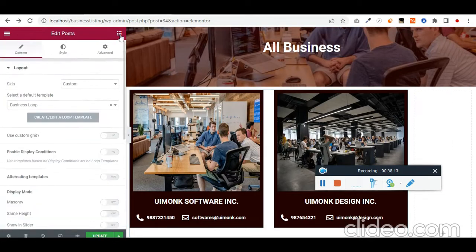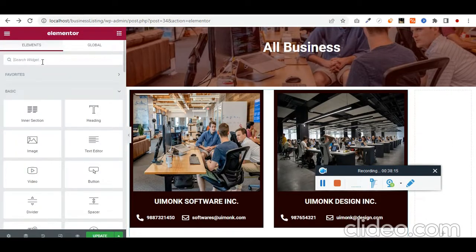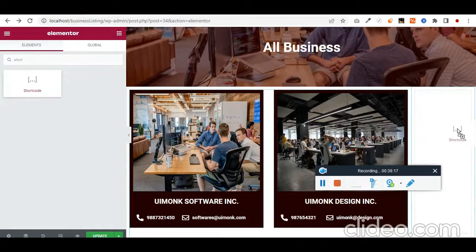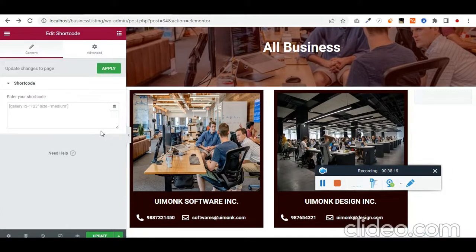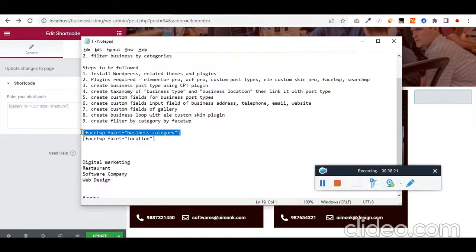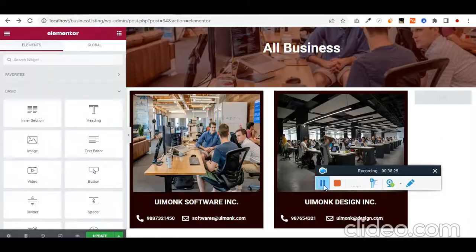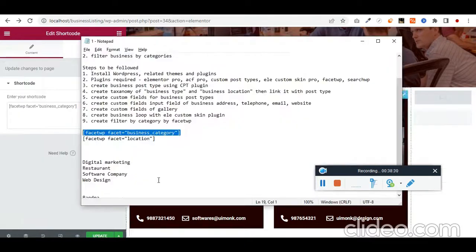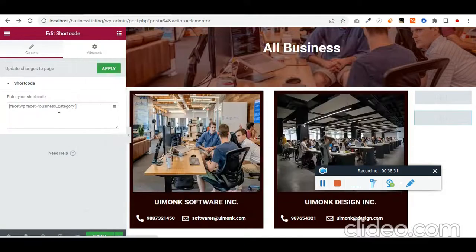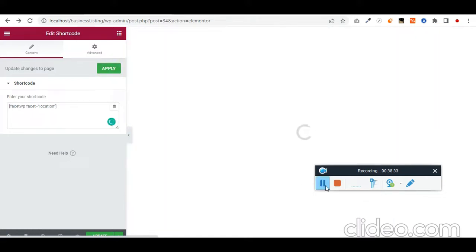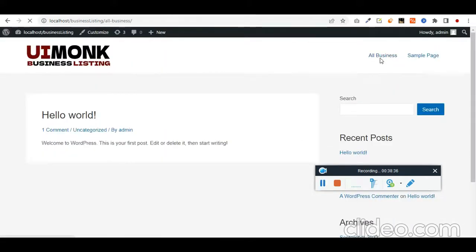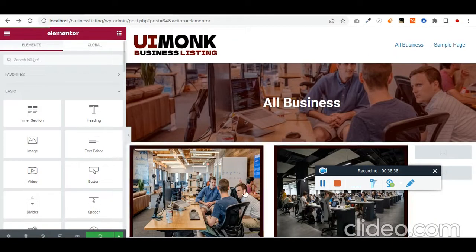Now place the shortcode, drag and drop it on the sidebar and place the shortcode for the facet. Apply and duplicate this one more time and apply the location shortcode. So let's check the actual website. Click on all businesses. I think we have not